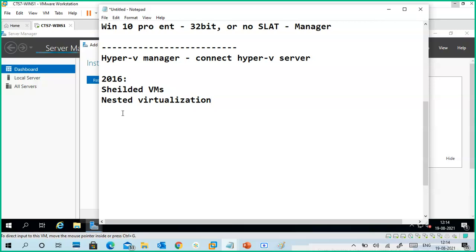For example, on your Hyper-V you created virtual machine one, VM1, and inside VM1 we can create another virtual machine, in your PC, your main system.